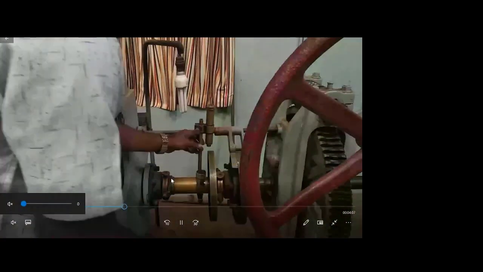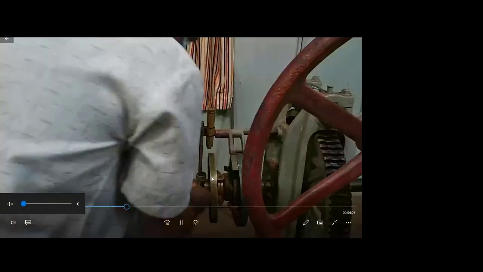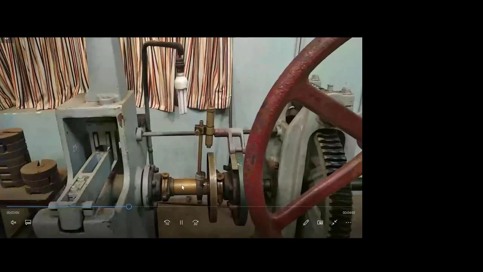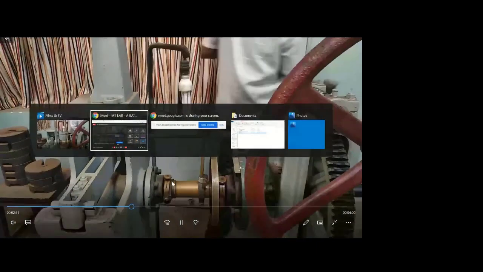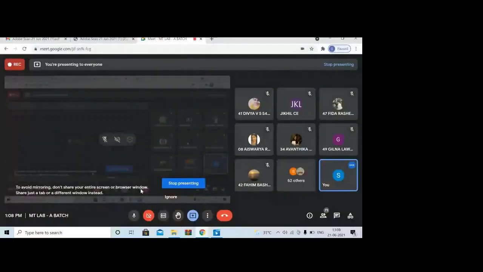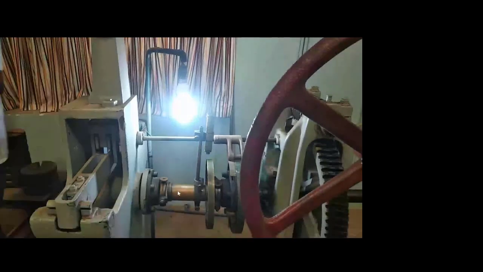See, now the telescope is fitted onto the device. And now the light is on. Now he is adjusting the scale to see that the graduations are clearly visible. See here, this is the main scale and this is the vernier scale, and that will be correctly placed, so we have to turn this way and that way so that the graduations are clear.